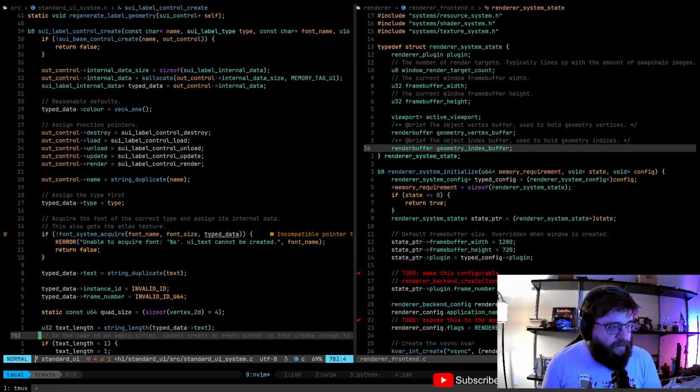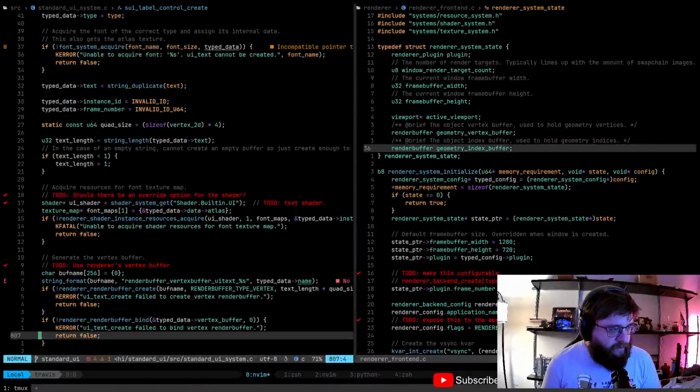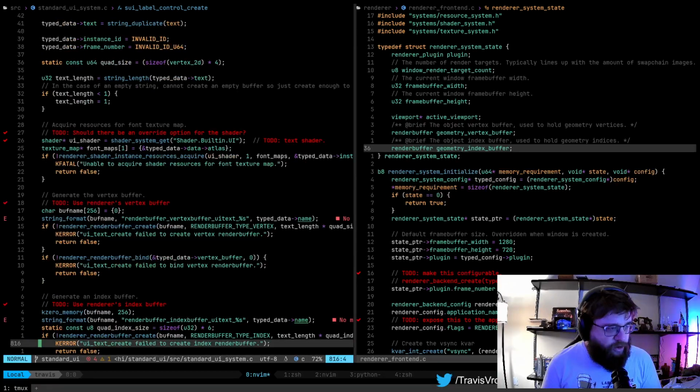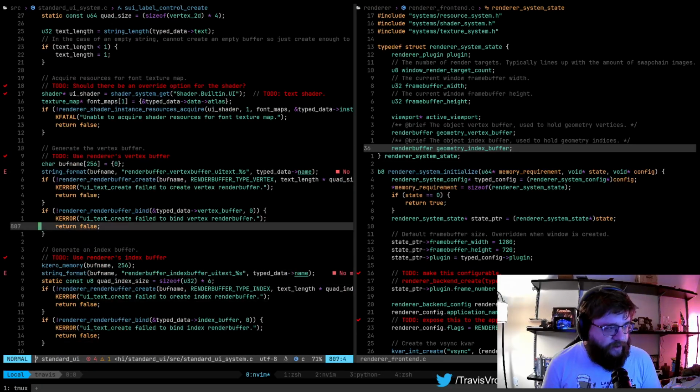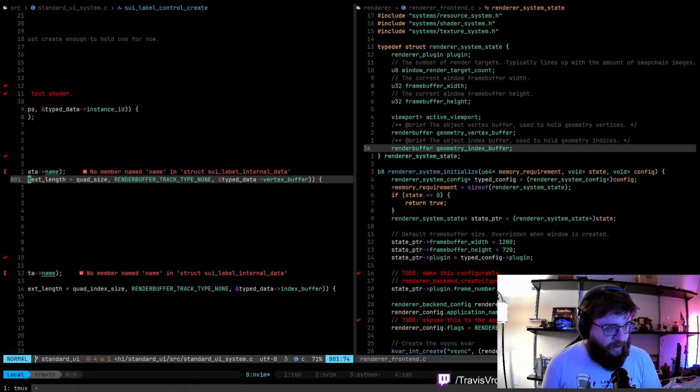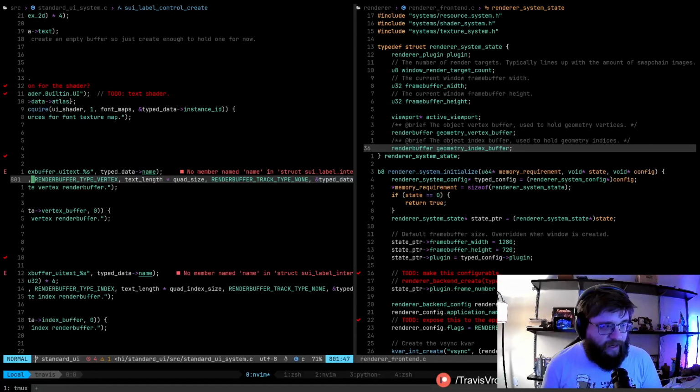So when we create these, it looks like we are creating the render buffers themselves to be based off the size of the string. And then I think what we were doing was actually resizing this, right? So there we see right here, track type none, because we were basically using all of the buffer all the time. And yeah, we had text length times quad size, right? And that's basically what we were using to determine how much space we needed, right? And then our quad size,